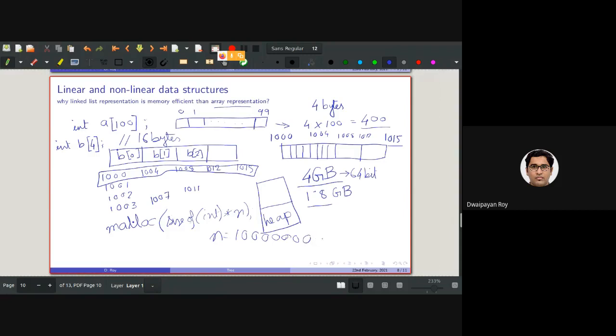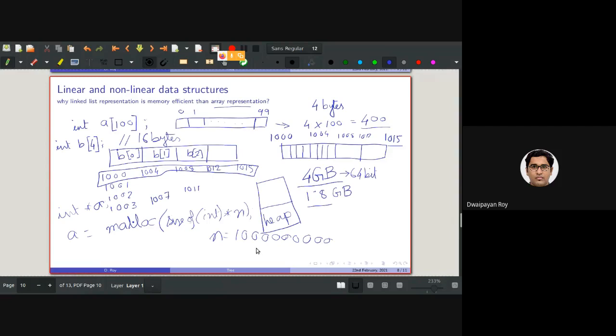But if you make it 1 billion, it might create a problem in your memory space. And if you try to declare something like int star a, and then a equals this malloc and so on, where the value of n is 1 million or more than that,